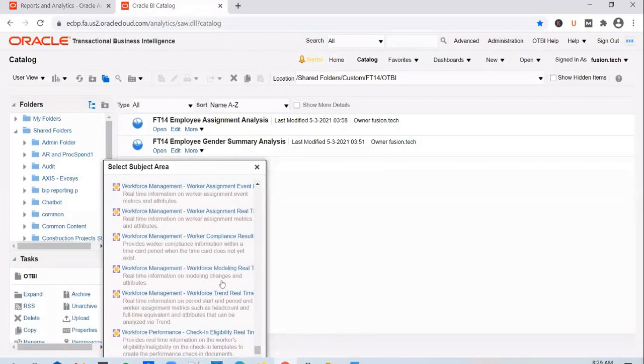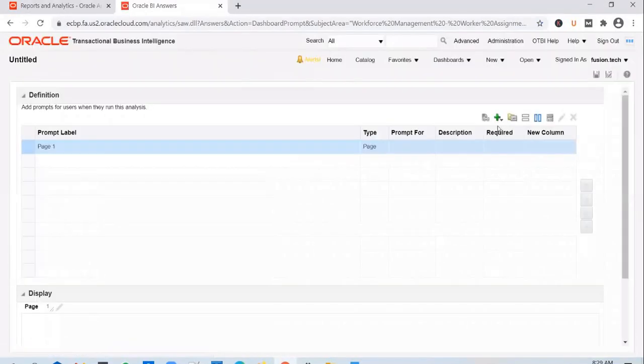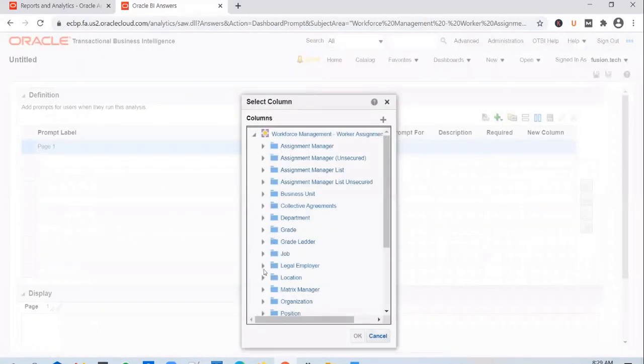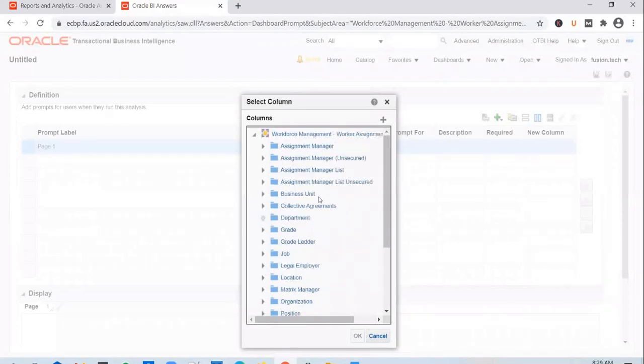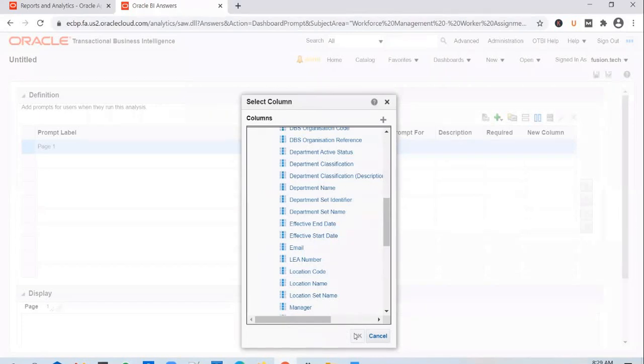So you go to workforce management, worker assignment real time. And you add a new column prompt. And you select the department. If you scroll down, you see a department name there.